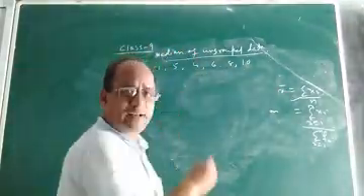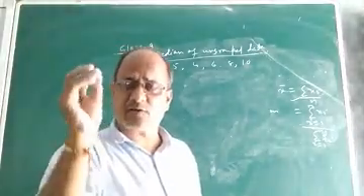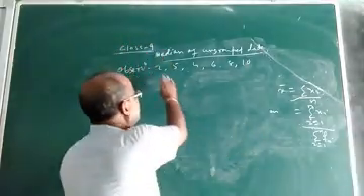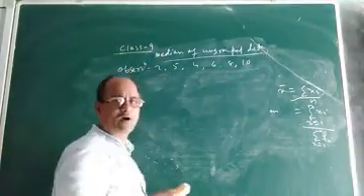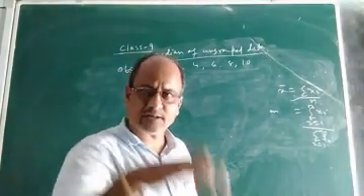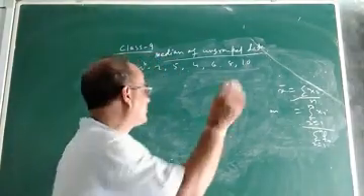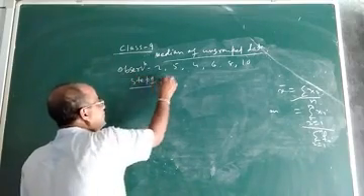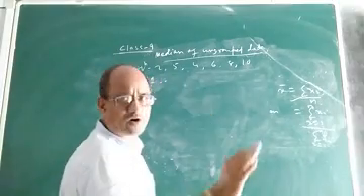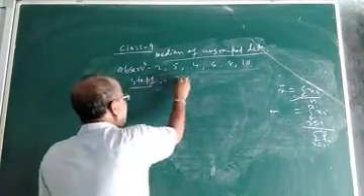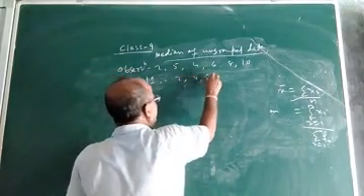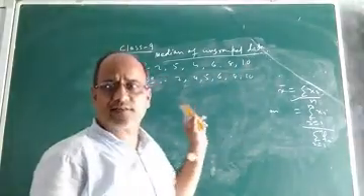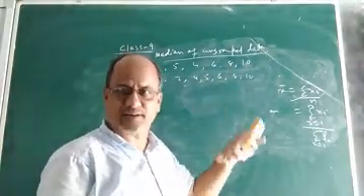Suppose in a particular distribution total number of observations is even, not odd, like this. Suppose you are given 6 observations. How to calculate its median? Okay, what are the steps? Let us discuss. The first step is, first you arrange them in ascending order or descending order. Let us arrange them suppose in ascending order: 2, 4, 5, 6, 8 and 10. See, now I wrote all the 6 observations in ascending order.